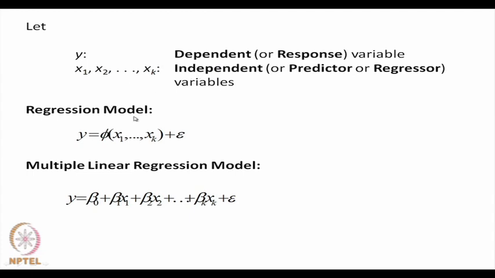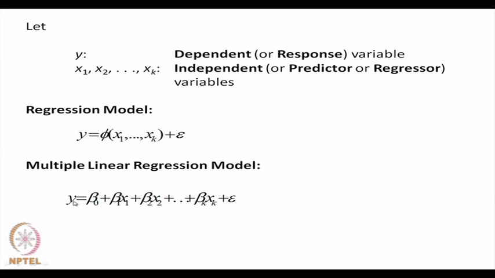So, the regression model is y as a function of all this plus an epsilon term, and when written in the expanded form, it is y equals beta 0 plus beta 1 x 1 etcetera beta k x k plus epsilon, where beta 0 is the intercept, beta 1, beta 2, beta k are the regression coefficients,